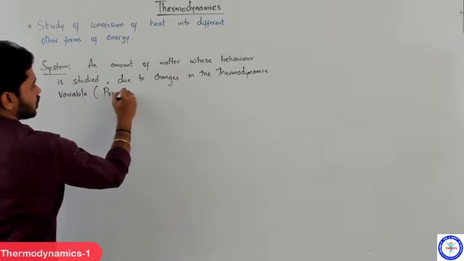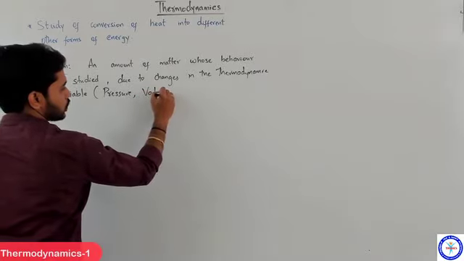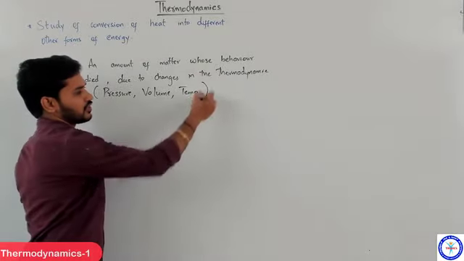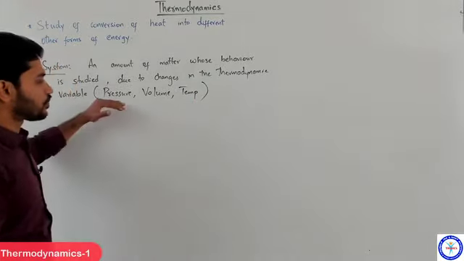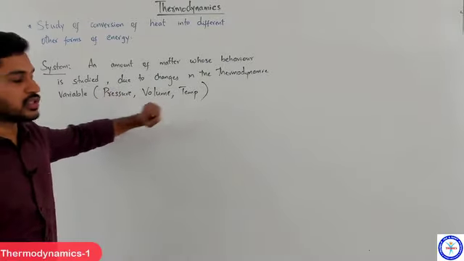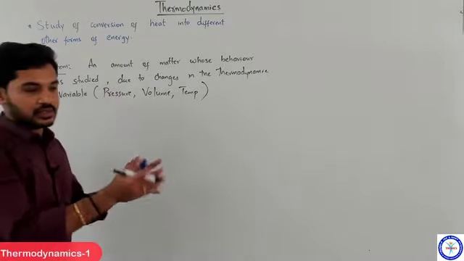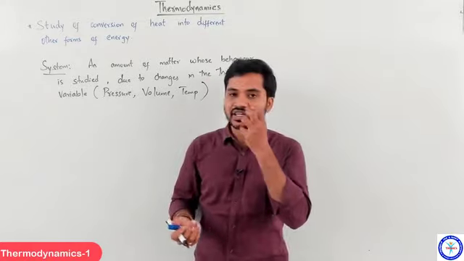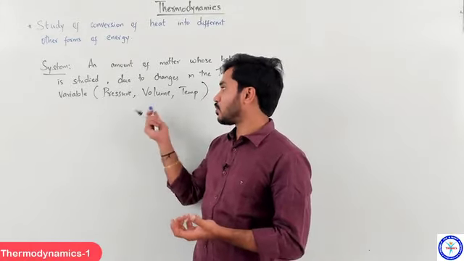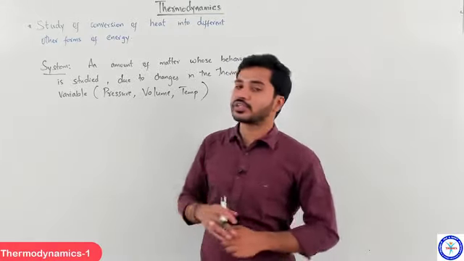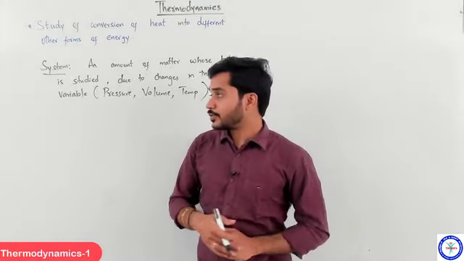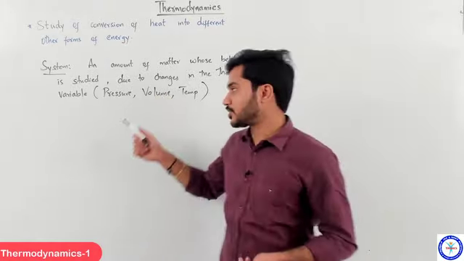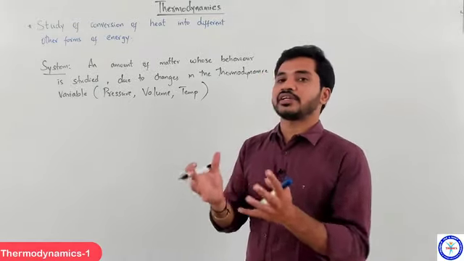Pressure, right? Volume, temperature. You can also say density. So these are all different thermodynamic variables. When we are changing these thermodynamic variables, how is a particular amount of matter, whatever you are considering to be studied, reacting to the changes in pressure, volume, and temperature? So pressure, volume, and temperature are basically called thermodynamic variables. Whenever we are studying a particular amount of material and its behavior to the changes in pressure, volume, and temperature, that material is what we call a system.